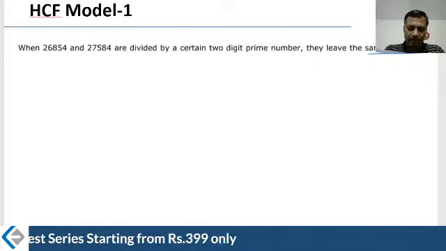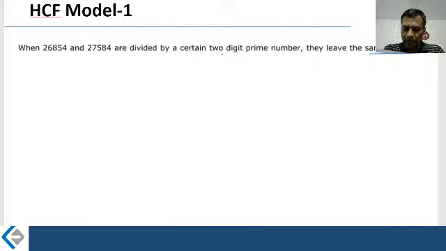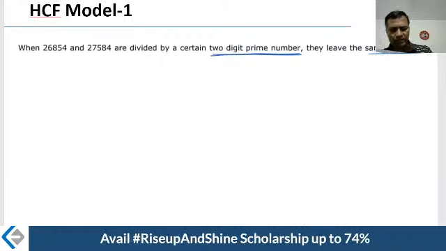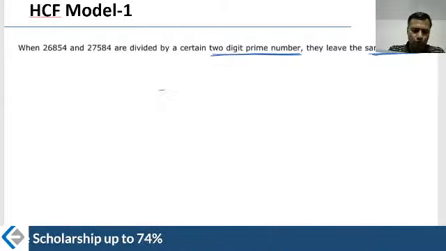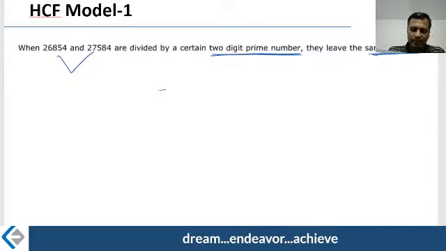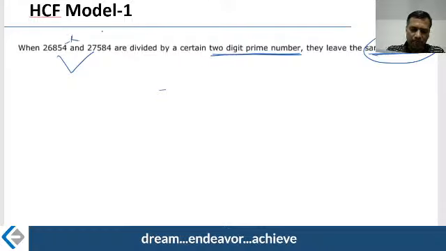Now all he's saying is that when you divide by a certain divisor, it's a 2-digit prime number. That's all he's trying to say. Because I give very scanty information, you'll get a lot of answers, but pick the answer which is a 2-digit prime number and leaves the same remainder in both cases. Fantastic. Now what do you do? Take the difference, because you are supposed to be finding the HCF after taking the difference. The same remainder is called R, but it does not matter,